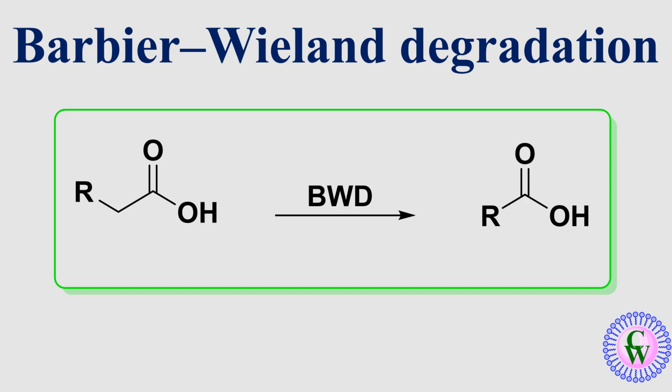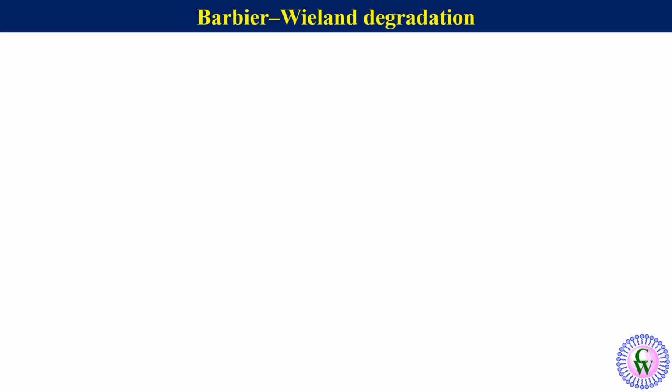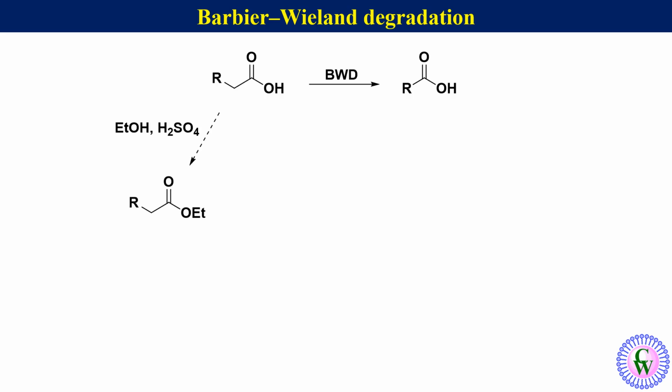In this video we are going to discuss Barbier-Wieland degradation. It is a process by which a carboxylic acid having unsubstituted alpha carbon is converted to a 1 carbon shorter carboxylic acid. The process involves conversion of carboxylic acid to ester like ethyl ester by the reaction between